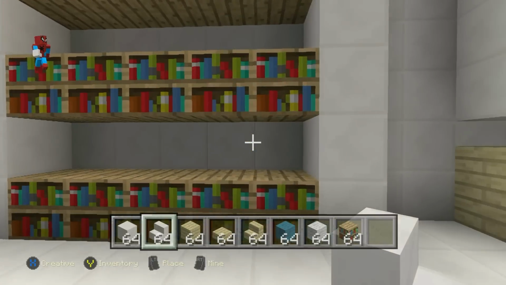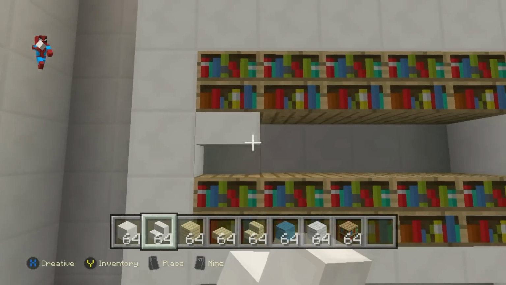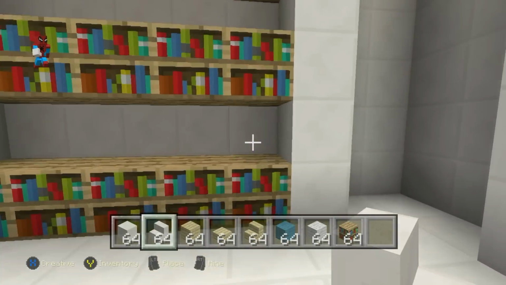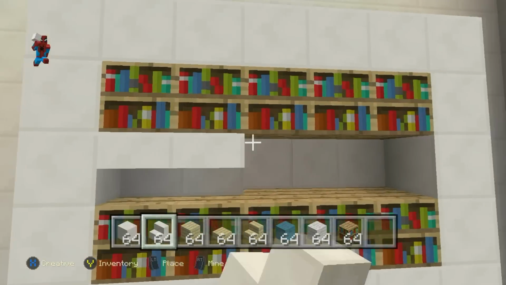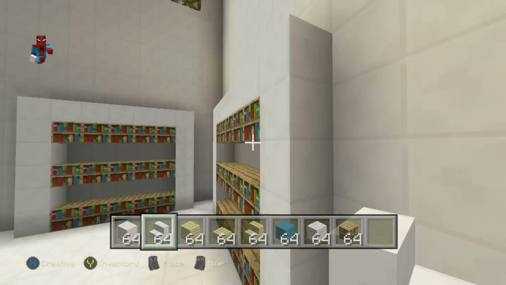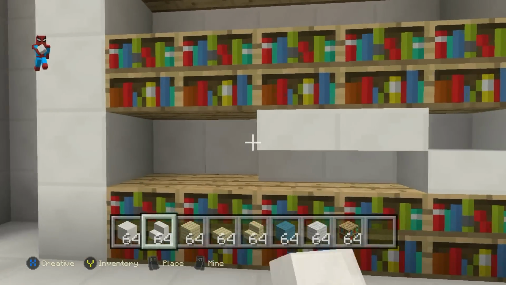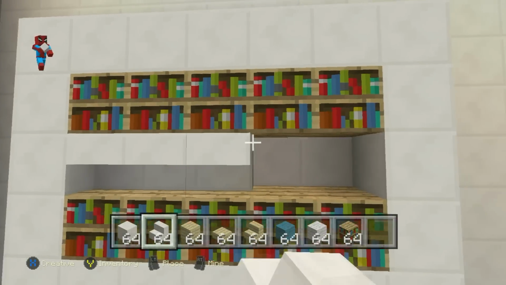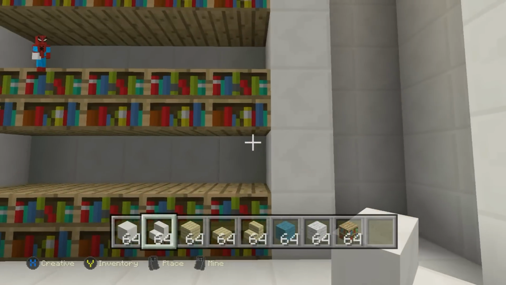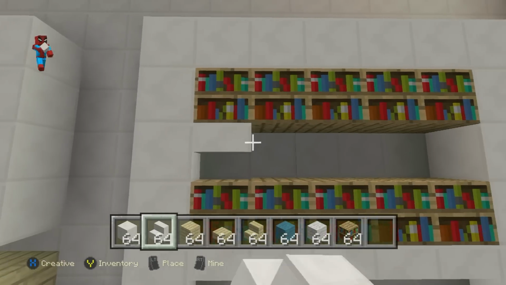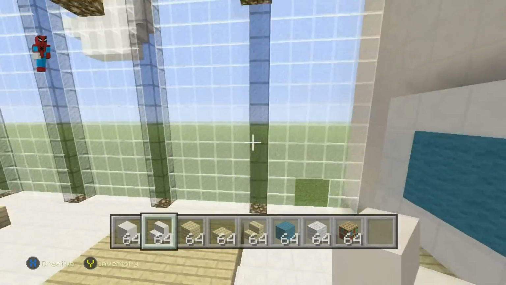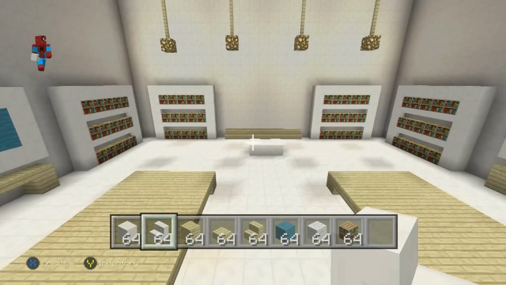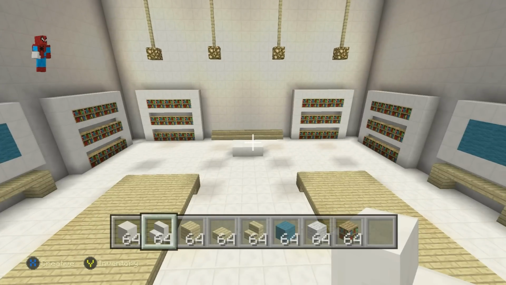But anyway, underneath the top 2 rows of shelf, you want to do upside down quartz stairs in the rest of the bookcases. These serve as shelves. That's what these look like. They just support the bookshelves with actual proper shelves, which we've made out of upside down quartz stairs. I think that they look quite nice, and you'll get an effect that should look a little bit like this. It's quite nice, isn't it?